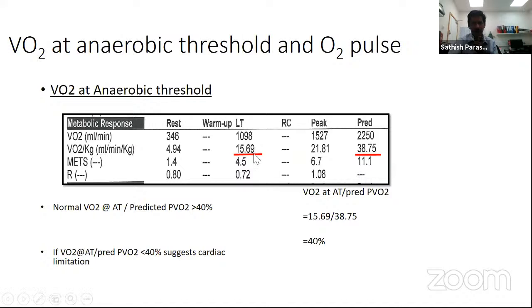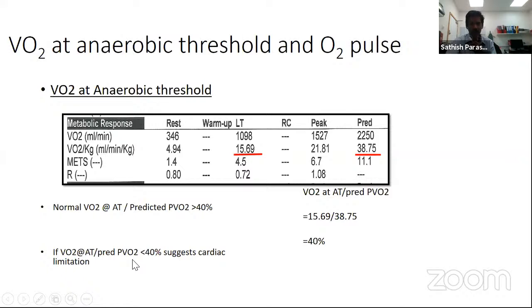So we look at these two parameters, the oxygen consumption at anaerobic threshold and the predicted peak oxygen consumption at peak exercise. The ratio of that is calculated, and in patients where the ratio of the oxygen consumption at anaerobic threshold to the predicted peak oxygen consumption is less than 40%,